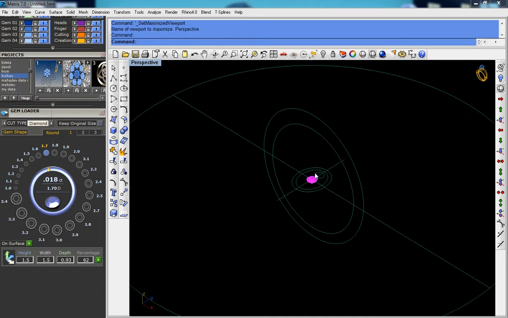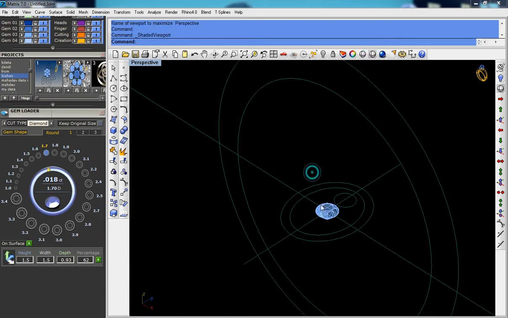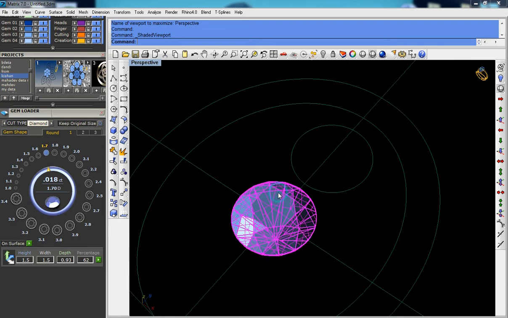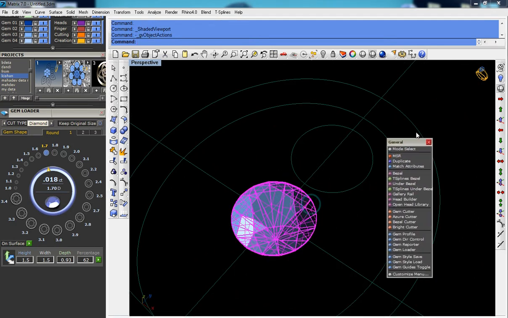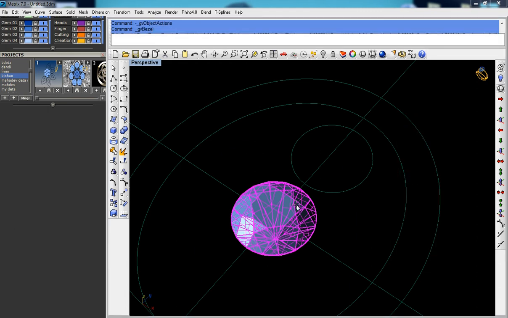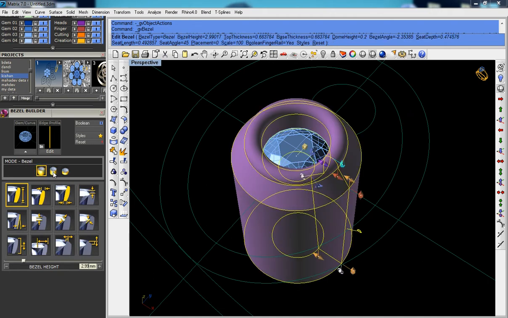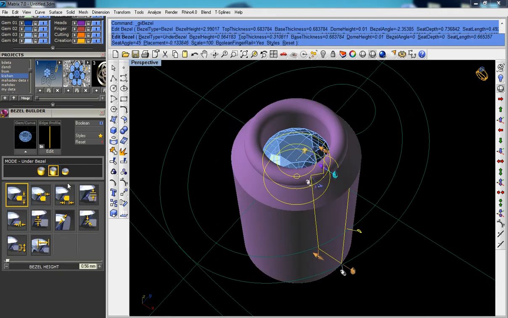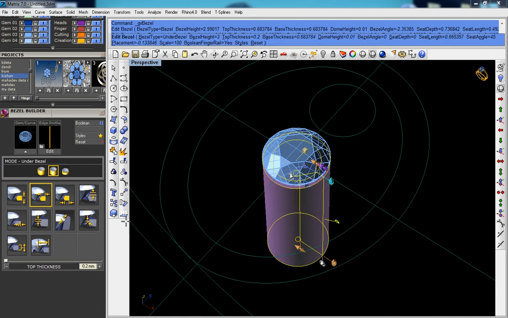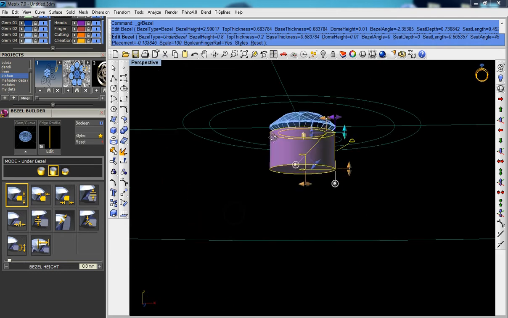Go to my 3D page, take shaded view and I select my diamond, click F6 under bezel. Okay, reset. Enter, base thickness 0.2, enter. Is 0.8, enter. Okay,